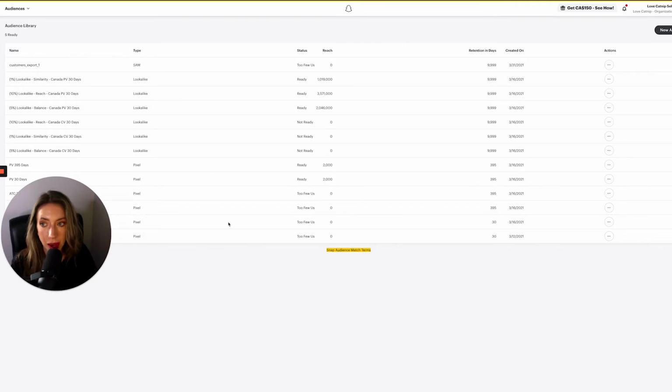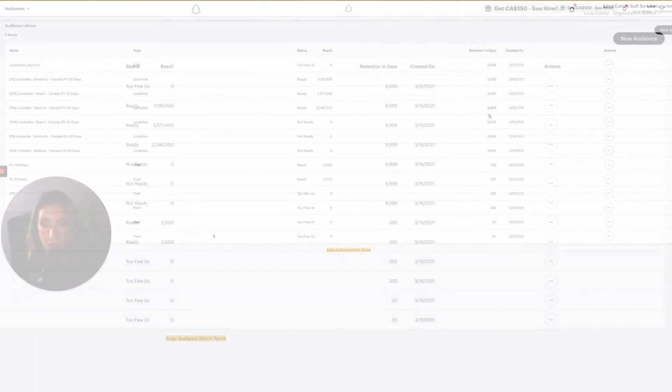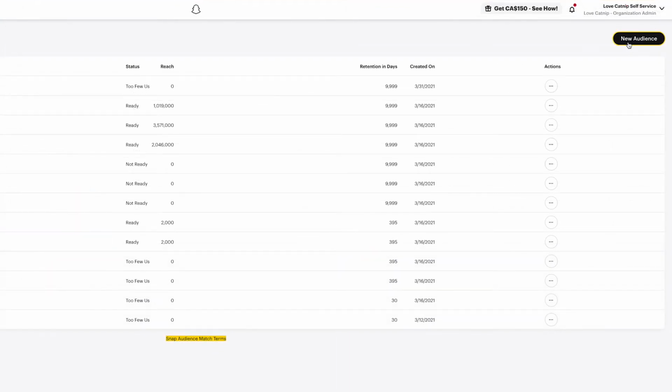As you can see, we have some audiences in here. Because this is a new account, it doesn't have all of the audiences you will need. So after you go and set up your pixel and your events are firing, jump into your audiences and just build out all the audiences you can so that they can begin to populate and you can use them in campaigns. So you'll click into here and click New Audience, and you'll have the choice of Custom Audience,